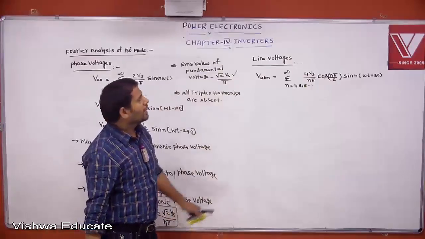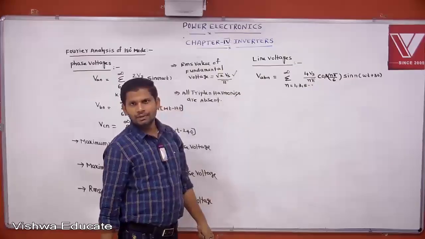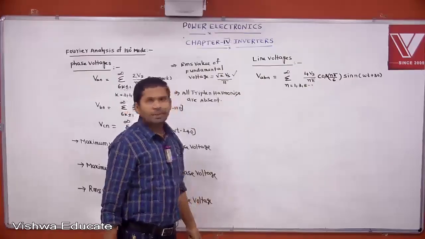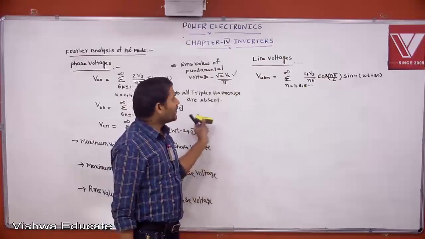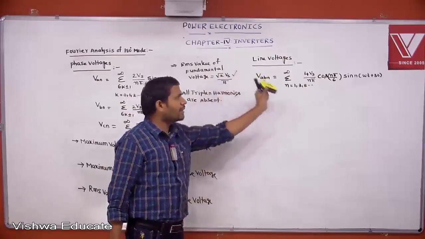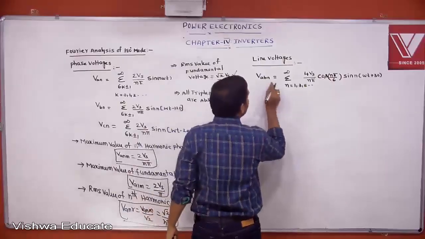By applying Fourier analysis for line voltage, we can get the function also: sin(n omega t plus 30). Understood? By considering a phase difference between phase and line voltage, that I am writing. Okay. Now, VABN. Similarly,